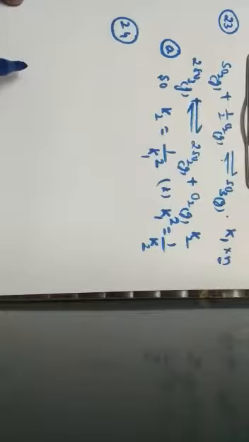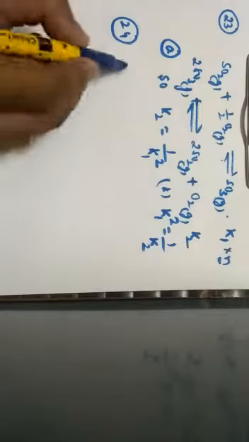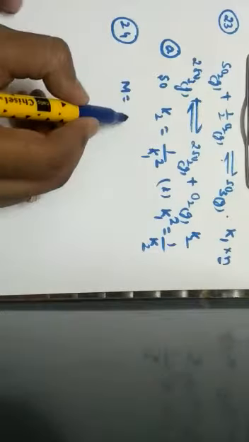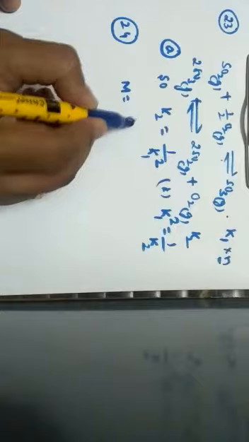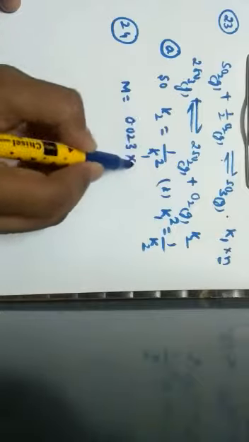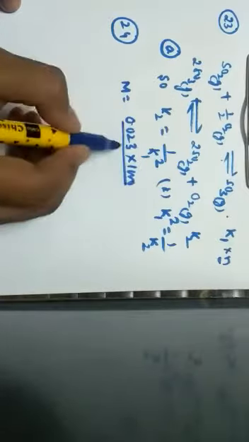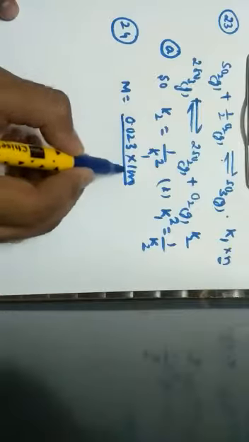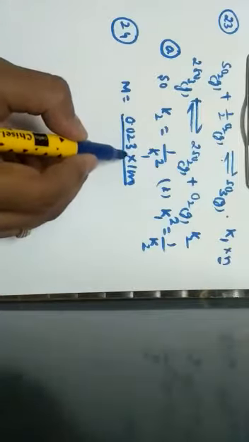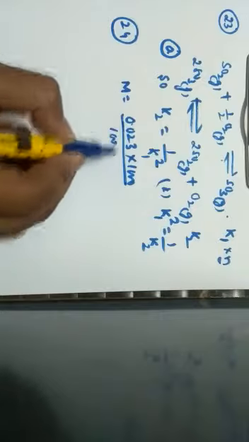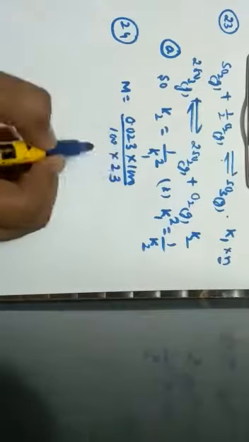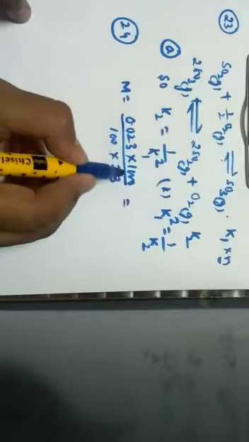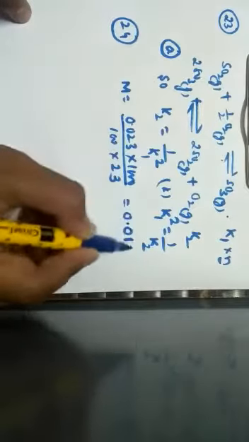0.023 grams of sodium metal is reacted with 100 cm cube of water. The pH of the resulting solution is. So here it has been given as 0.023 grams of sodium. That is, molarity is equal to 0.023 grams of sodium, which is dissolved in 1000 ml. So this is reacted with 100 cm cube. Since I am calculating the molarity, the molarity is 0.023 grams of sodium metal reacted with 100 cm cube, divided by the molecular mass of sodium, which is 23. So total volume is 1 liter.